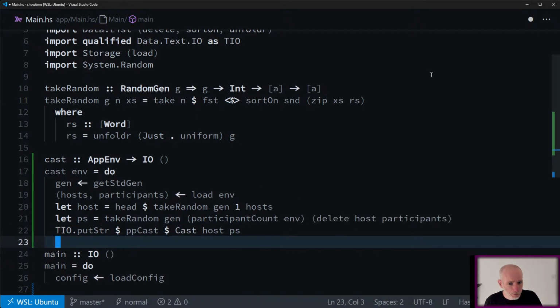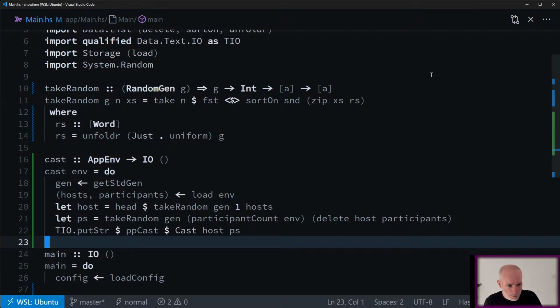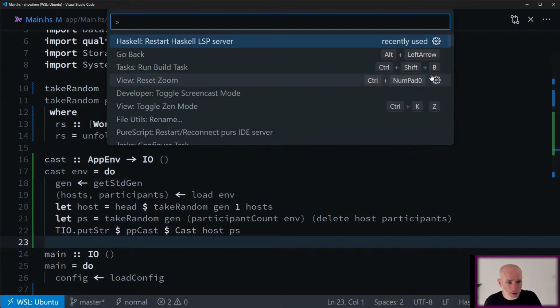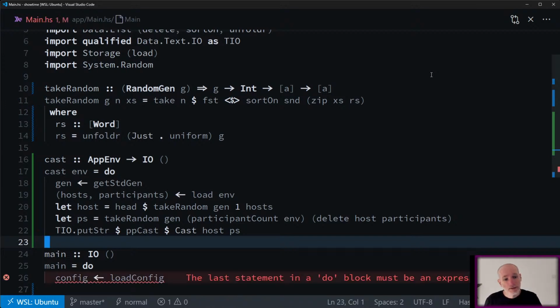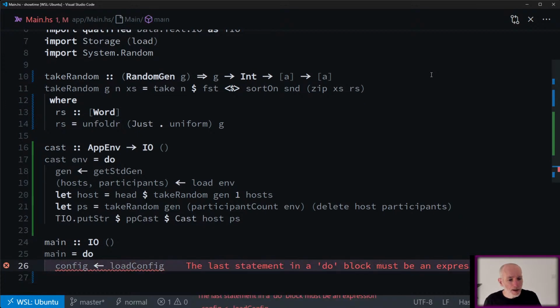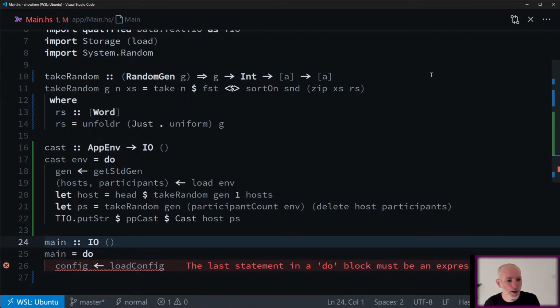I think my language server is broken. Not sure. Let's restart it anyway. Because it's an old project, the version of base drifted, so it didn't work with the version of GHC that I'm running here. Slightly better. So I had to upgrade that, and I think the language server broke while I was waiting for me to update it.